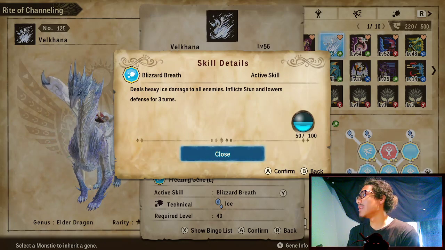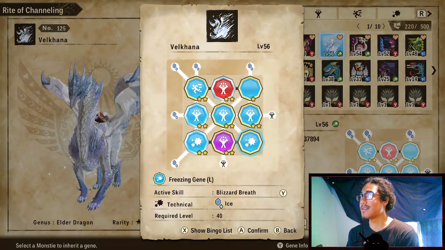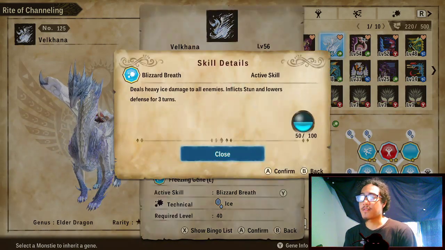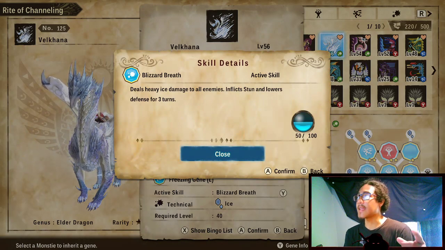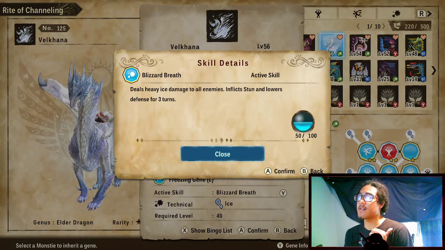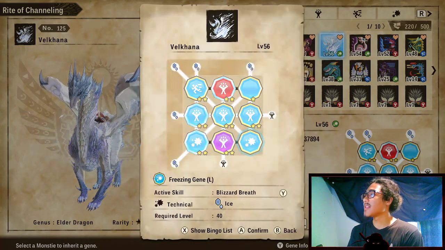You have Blizzard Breath. The reason why we use Blizzard Breath and not the other one, Diamond Wave, which ups Velkhana's defense, is for 2 reasons. 1, it's cheaper than Diamond Wave, because Diamond Wave is 58 kinship cost and this is 50. 2, this inflicts stun and lowers defense for other people, and deals heavy ice damage to all enemies. What this means is,